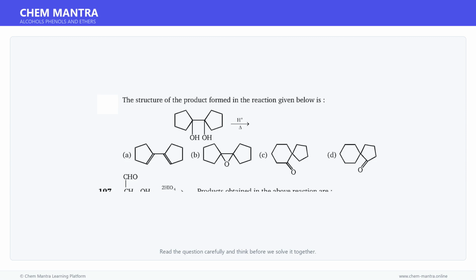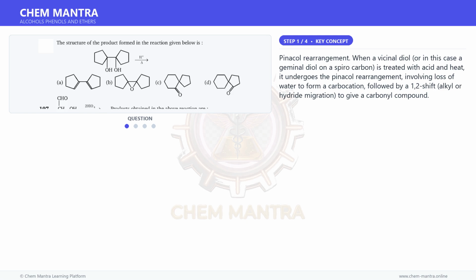Here is a question. Read it carefully and think about the answer. Let us solve it step by step. Let us first understand the key concept here. Pinacol rearrangement. When a vicinal diol, or in this case a geminal diol on a spirocarbon, is treated with acid